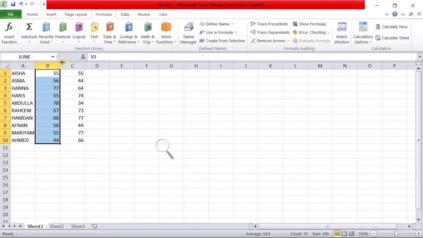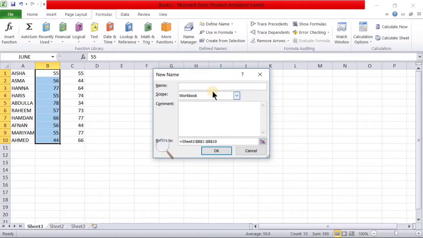Then go to the Formulas tab. In the Defined Names group, you can click Define Name, and in that dialog box you can enter a name. What name do you want to give to that range?